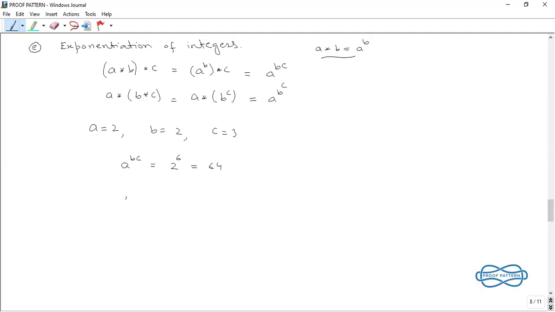And we take A to the power (B to the power C). What we see, 2 to the power (2 to the power 3), and that will be 2 to the power 8, since 2 to the power 3 is 8, which is equal to 256. And we know that 64 is not equal to 256. So (A star B) star C is not equal to A star (B star C). So the conclusion is that